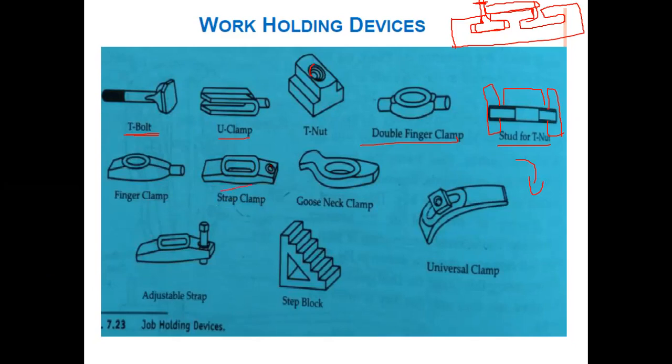In the strap clamp, you can see some kind of provisions are there. You can tighten the screw on this, and this can be held onto the workpiece. If you tighten this one, it is firmly placed on this, and these things are holding the workpiece under it, right? Similarly for the gooseneck clamp, bolting has to be done from this, and here you can keep the workpiece. When you finally tighten the bolt, this holds the workpiece very firmly, right?